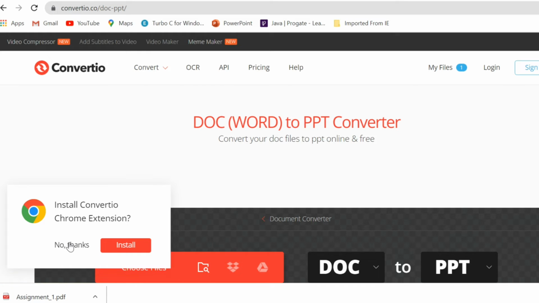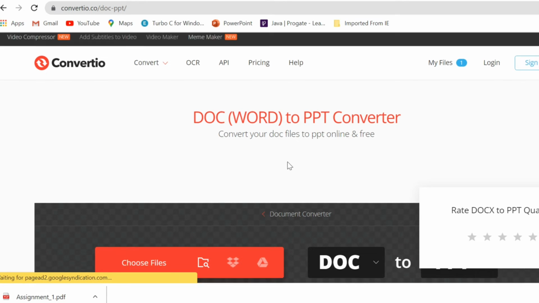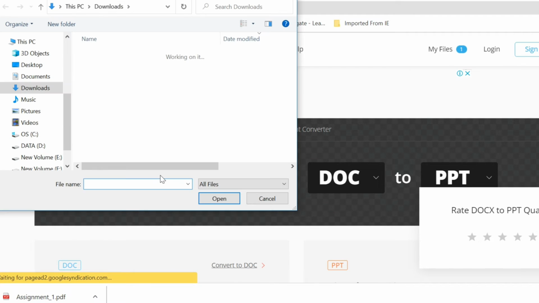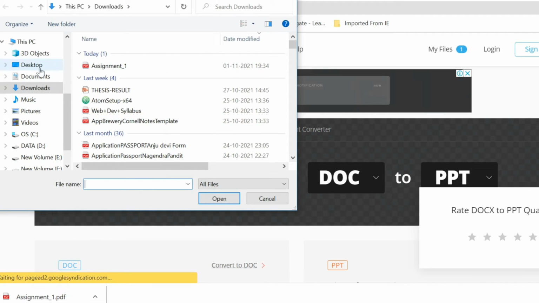And here we have to do what? The same thing we have to do. Just choose a file from here. It will open your internal memory and search a file from there.